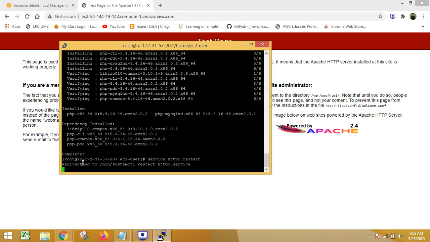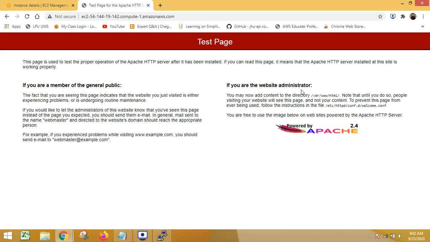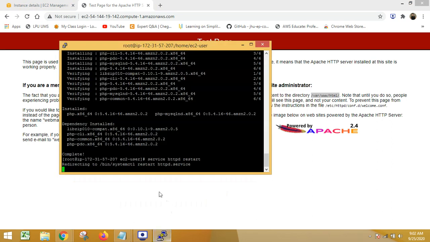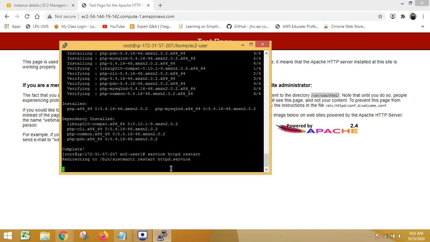So now, as I am waiting for this command to restart my service, I would like to let you know about some more things. Now, as we are installing the PHP, if we have to install any website content here, or you are working as a website administrator, then each and every content can only be added into this particular directory, /var/www/html. This is the name of the directory. We have to switch to this directory, only then we can proceed with working on this PHP. So let's do that. It is still doing this.